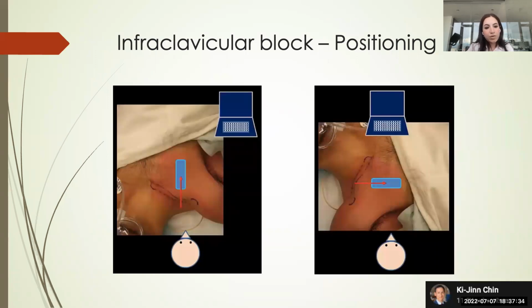In terms of where you position yourself as an operator, there are a couple of options. One is to stand at the head of the bed with the ultrasound machine on the ipsilateral side. Here your needle beam alignment might be a bit easier, and you can use the same hand for needling no matter which side of the patient you're blocking. The alternative way, which I personally prefer, is to stand on the same side as you're blocking with the ultrasound machine across from you. In this case, the needle is passed perpendicular to your line of sight, and depending on which side you're blocking, you may have to use your non-dominant